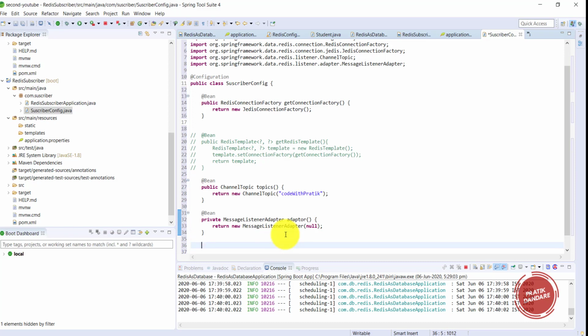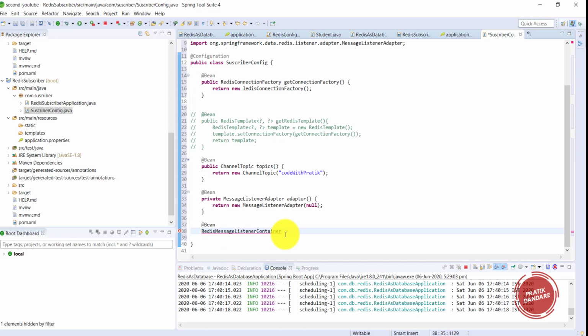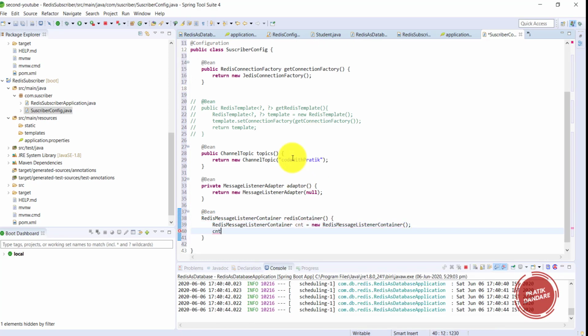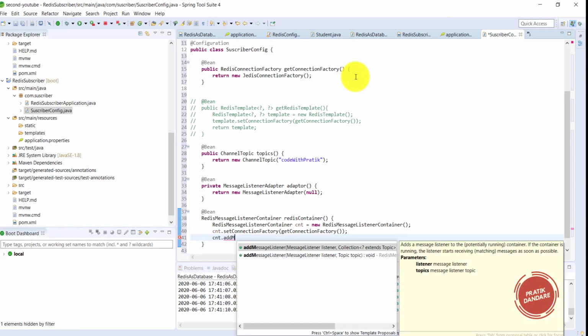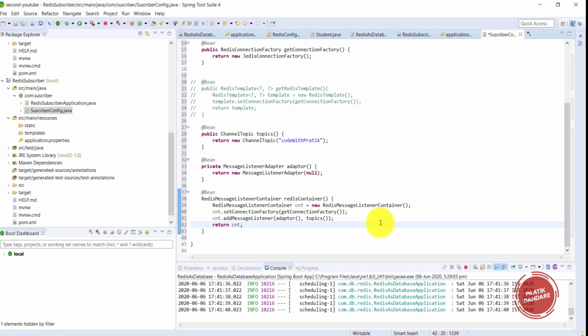So let's add the bean for it. Okay, so we're done with the configuration here.